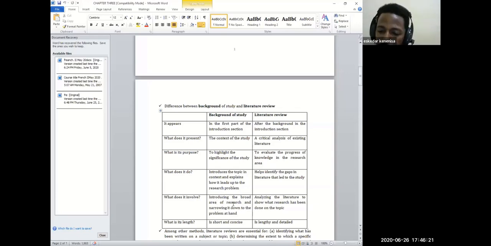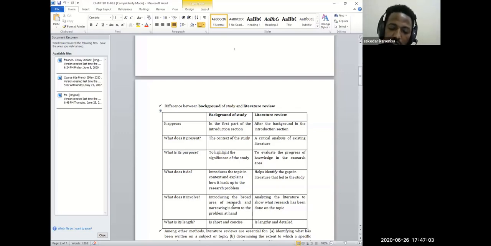However, in the literature review, you make an analysis of the literature, an analysis of the previous works, because we have said that a literature review is both a summary and a synthesis of the previous works. Therefore, you evaluate the materials. Simple reading is not a literature review. You have to analyze it, you have to make a synthesis, you have to make a reconstruction of the previous arguments or the previous research works.